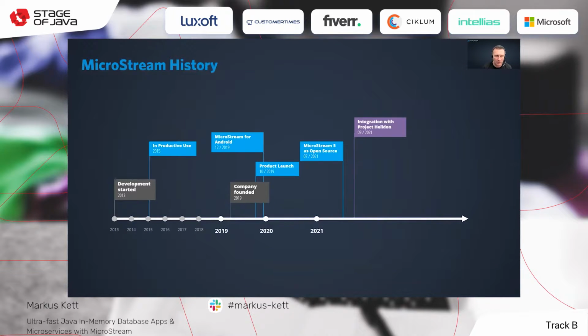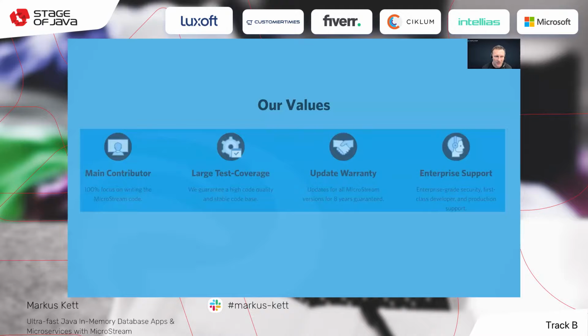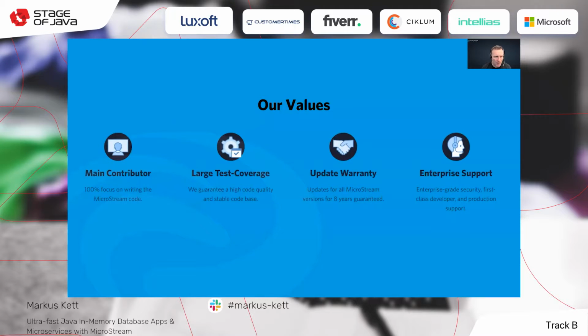You can now download it and use it for your enterprise business applications. MicroStream as a company is the main contributor to the open source project. We provide a large test coverage, an update warranty and support for enterprises.